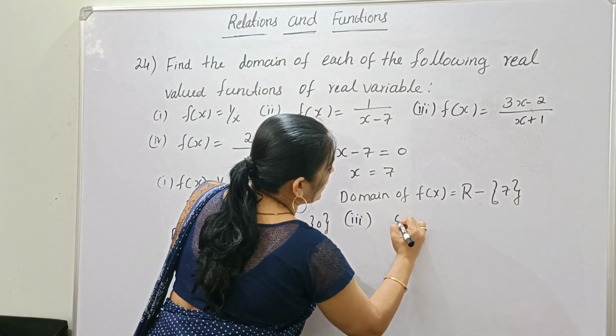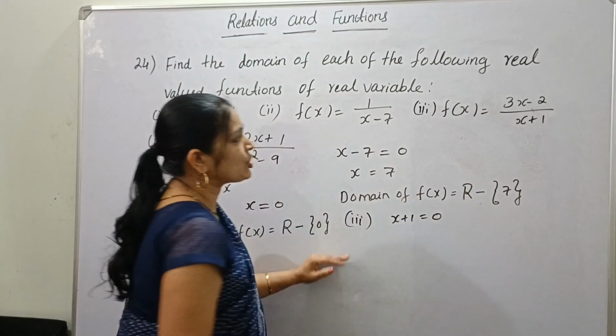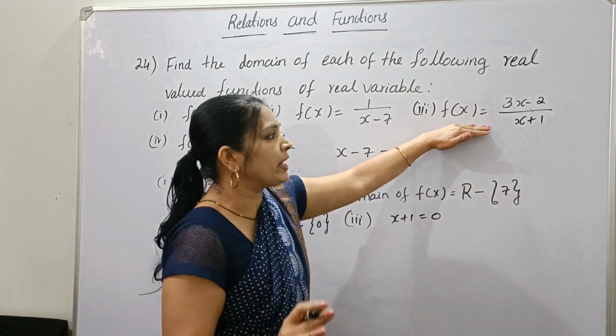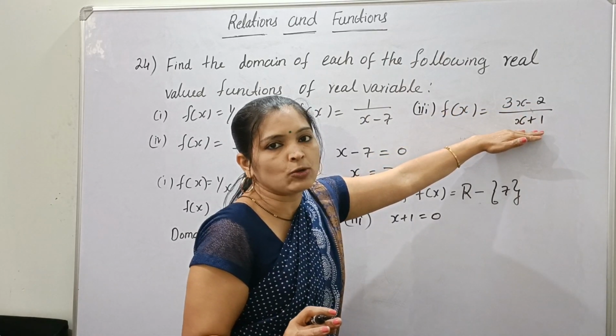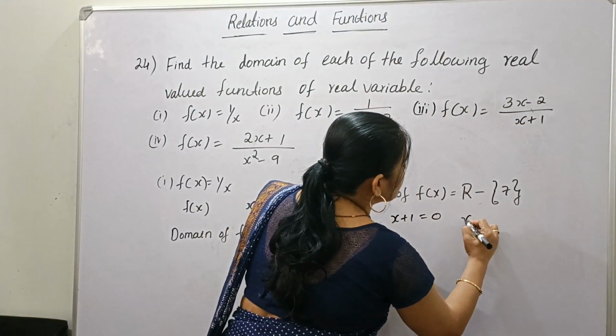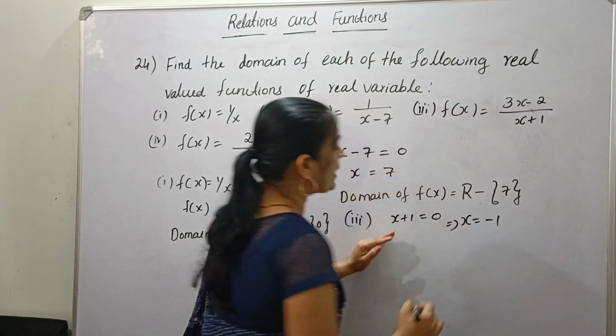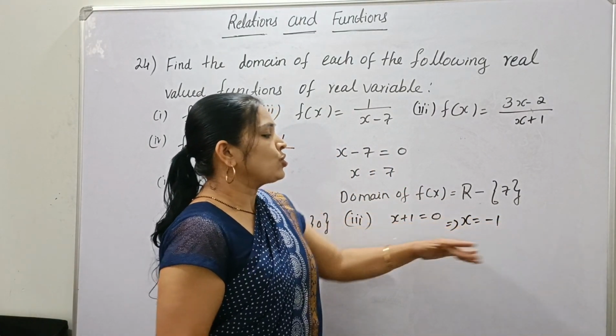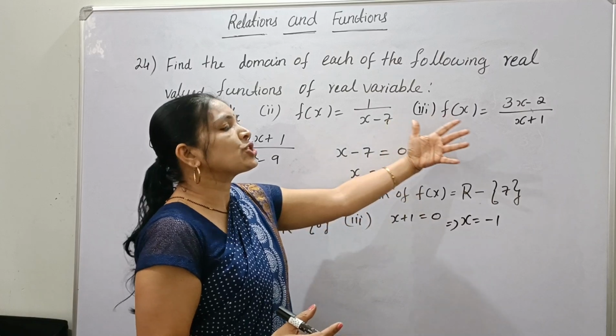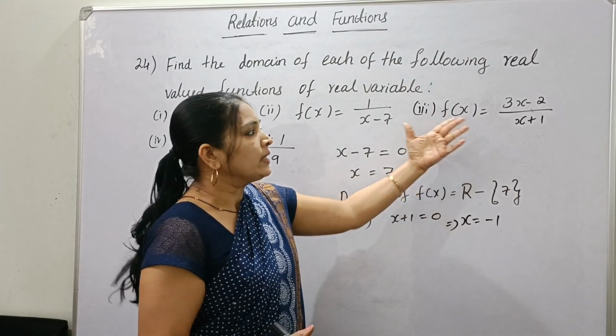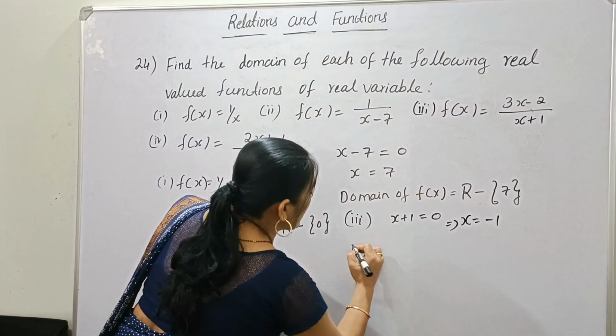Except x plus 1 is equal to 0. The function f of x is defined for all real values except x plus 1 is equal to 0. That is, x is equal to minus 1. So, when x is equal to minus 1, this function will not be defined. Therefore, domain of this function is